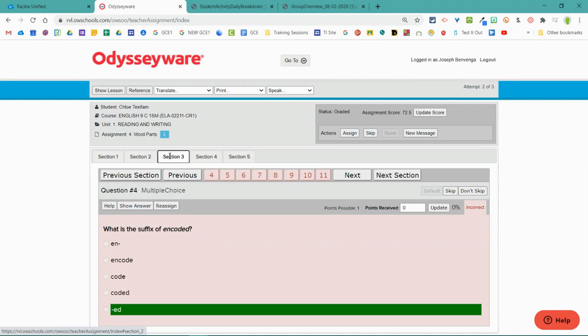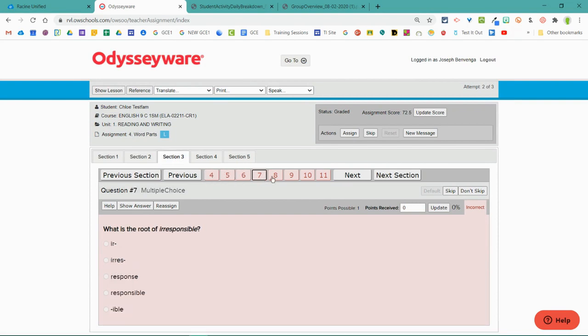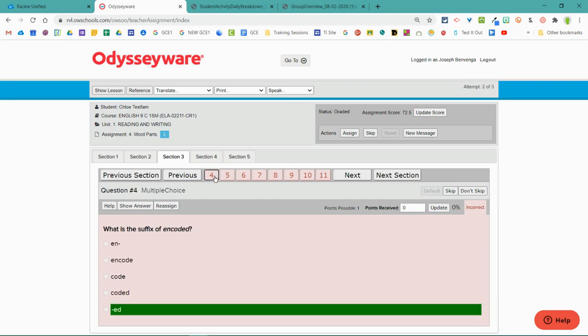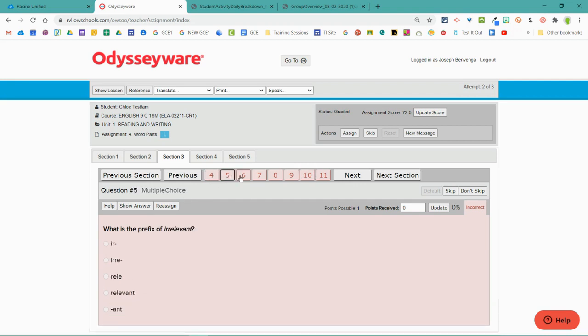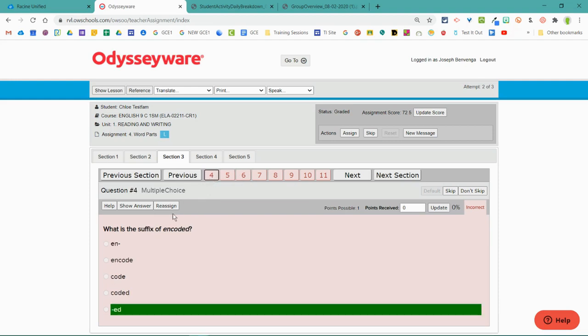Now, when we scroll through, since we did give the assignment a score, you'll see that all the questions that were wrong show up in red. So in this case, the student did not answer any of these questions, which is why they're all showing up in red. So if they maybe got 3 questions wrong, and we want to make sure they understand it, we